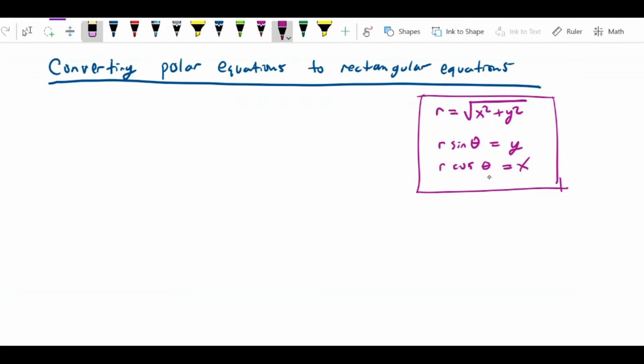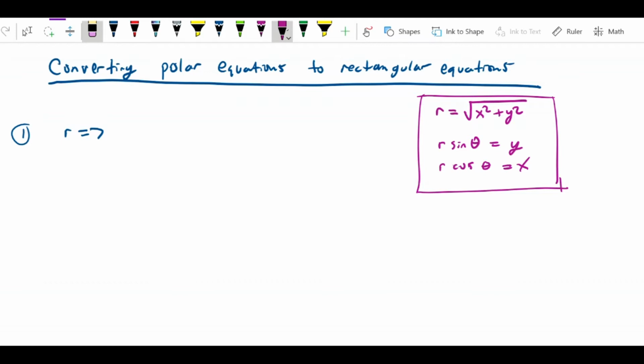So what we're going to try to do is convert equations in polar coordinates into some combination of these forms, and usually that requires a little bit of algebraic manipulation, sometimes not too much. So let's try the first example. Let's consider r equals 7. Let's convert this